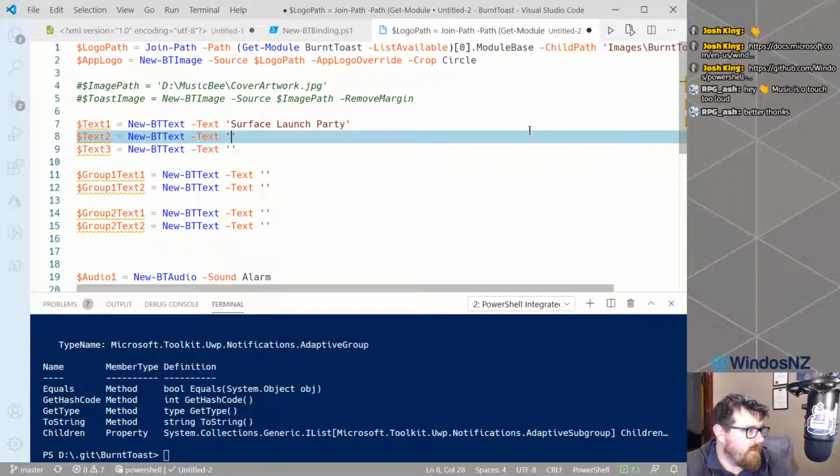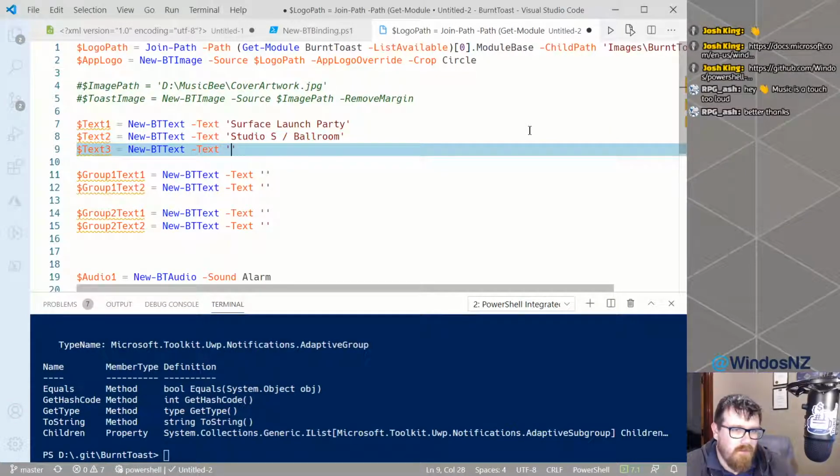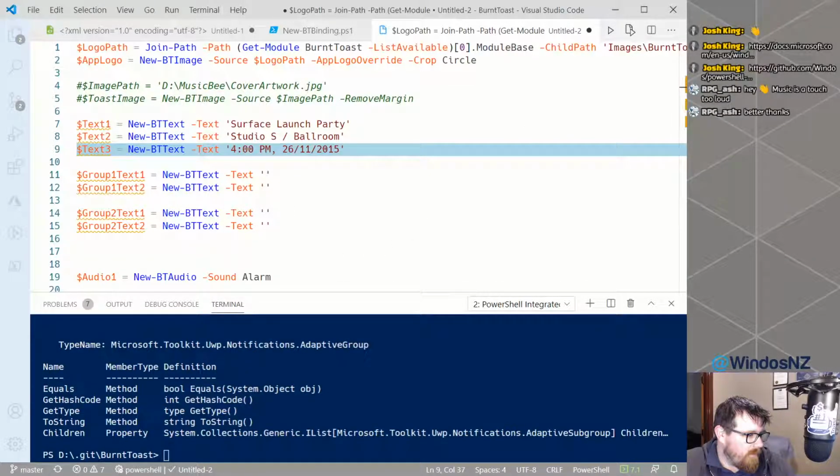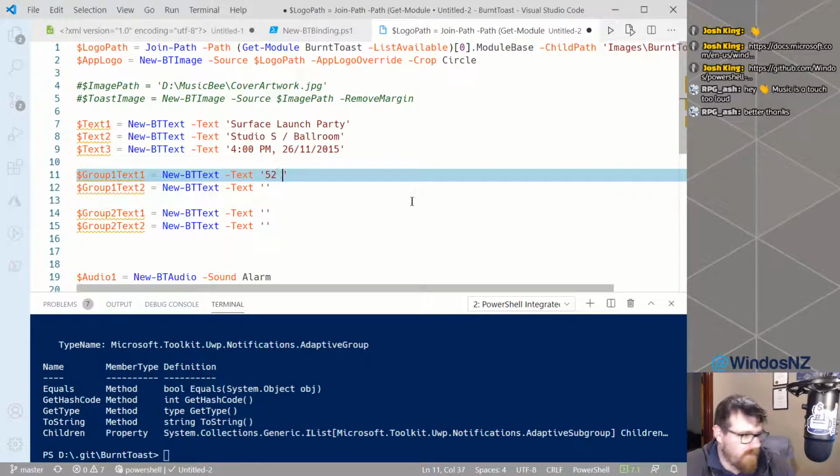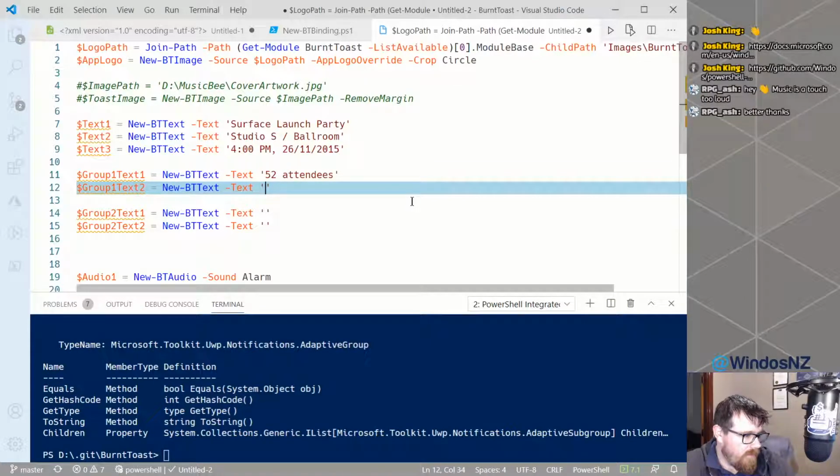Surface Launch Party, Studio S / Ballroom. Sounds fun. And that was 4 PM 10-26. Not that I understand what this date format is. In fact, for my own sanity. There we go. Then there was 52 attendees. There was a